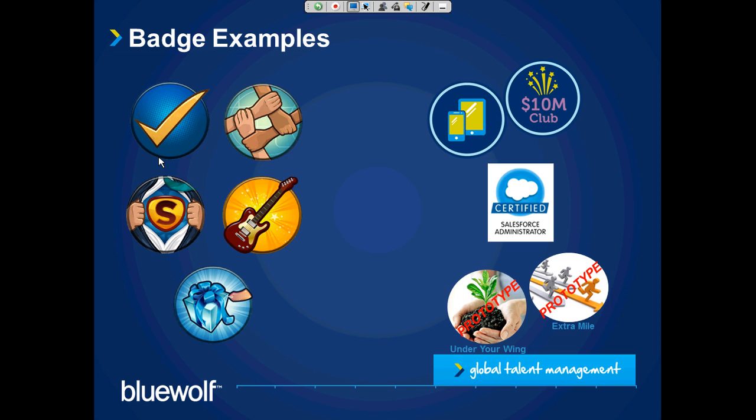On the right side here, I'm displaying some of our community-specific badges. So from the sales community, we have the mobile badge, and this is when a client advisor successfully completes the mobile role-play training and teach back. And then we have the $10 million club. When the client advisor meets the criteria for that particular badge, they'll see this in their chatter feed.